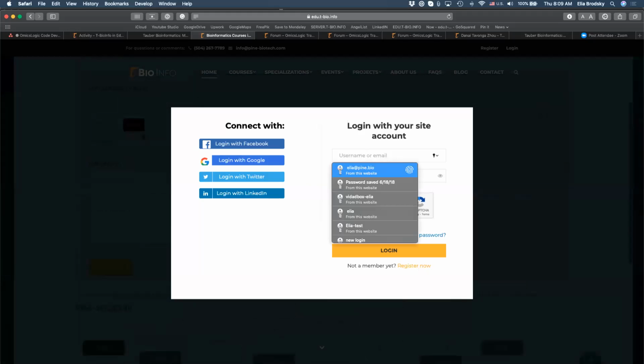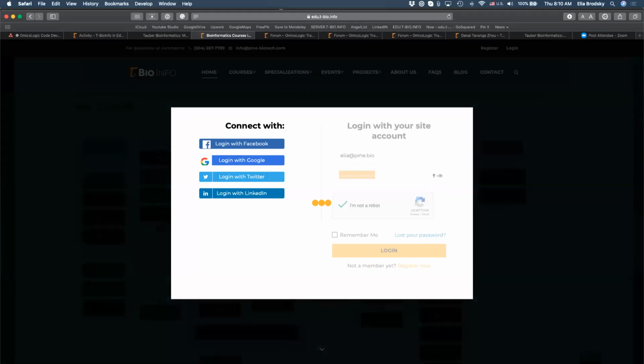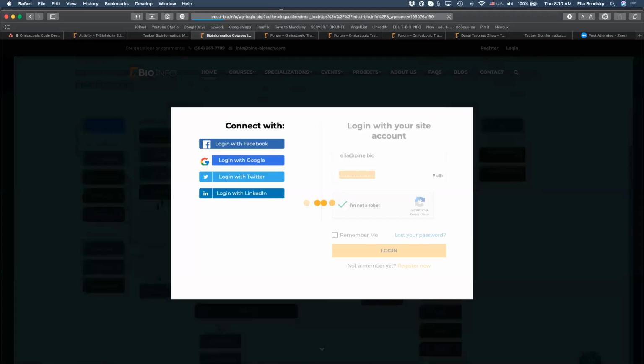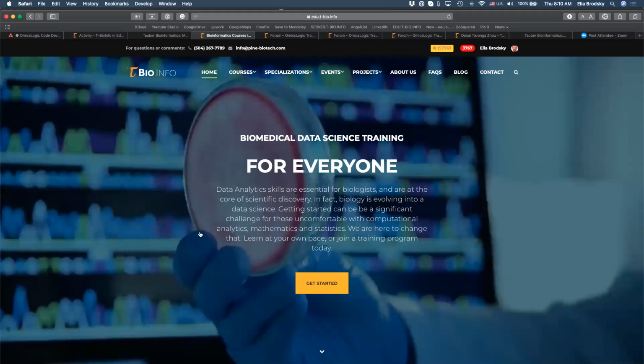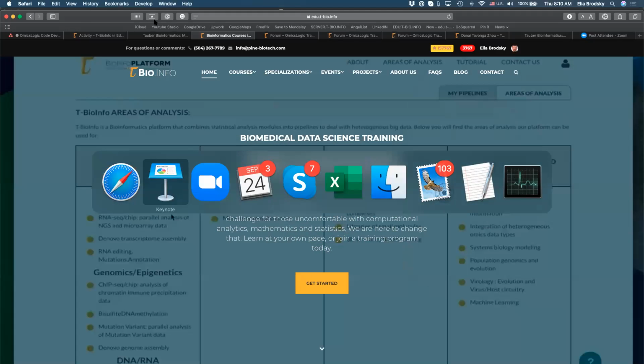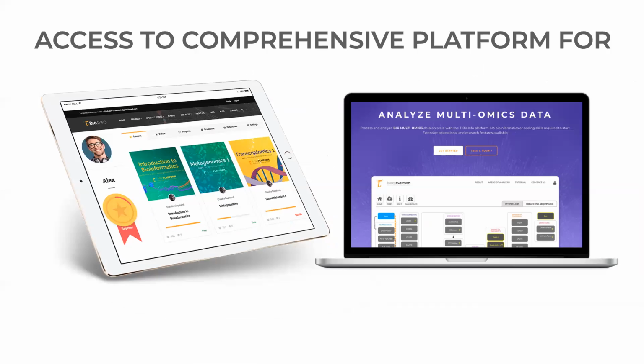Once you log in, you will have access to free and paid courses, and we have basic subscriptions that require minimal pricing. So they're priced at $10 per month, and you will have access to all of the materials that you will see here. You also get a personal profile, and I'll talk a little bit more about that in just a second. So that's the first portal,